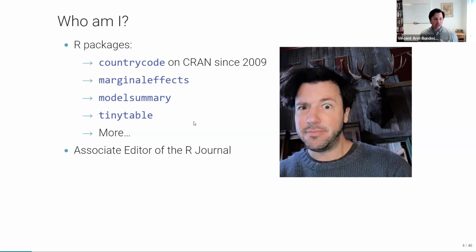Very recently, I was named as an associate editor of the R Journal, which is the official peer-reviewed journal of the R Foundation, which publishes the software. So that's been fun, seeing it from the more macro view of what's going on in the open source community has been tremendous, because there's a lot of people doing really good work, producing tools for others. So that's been a fun experience. All right,